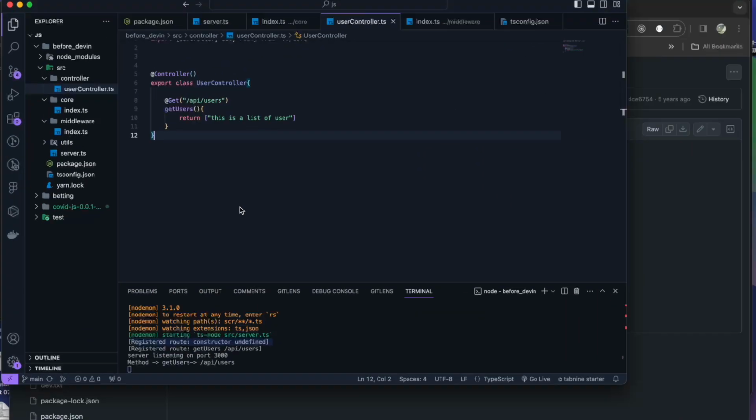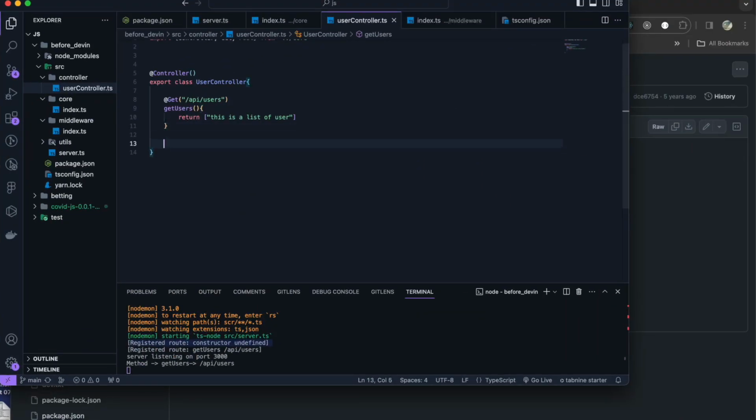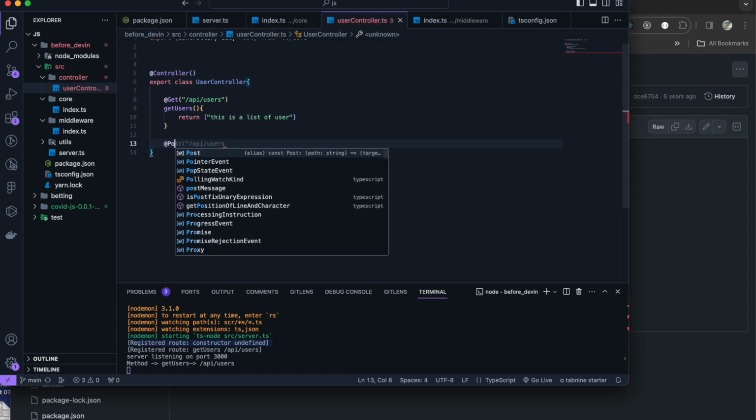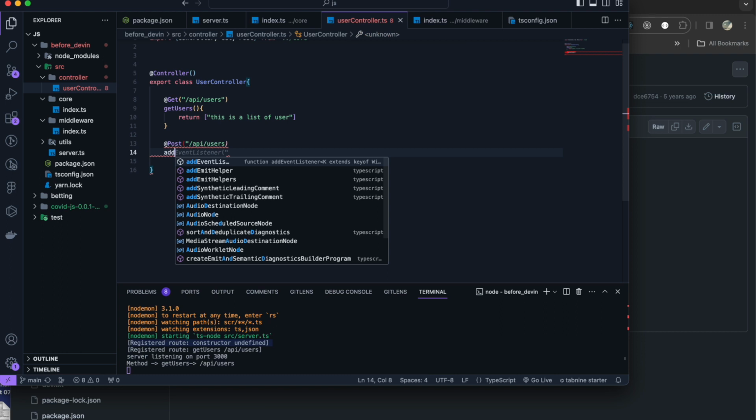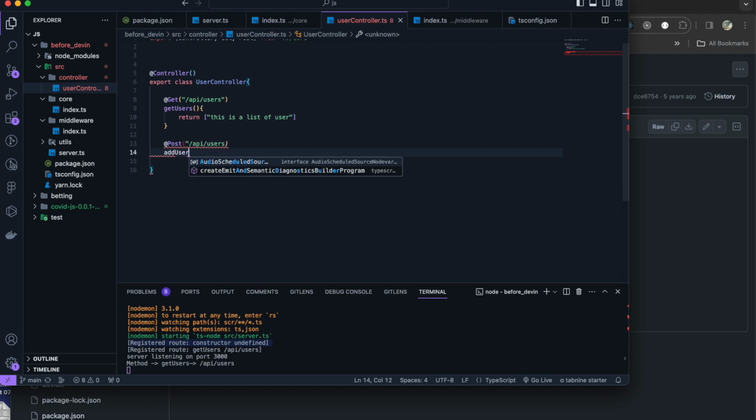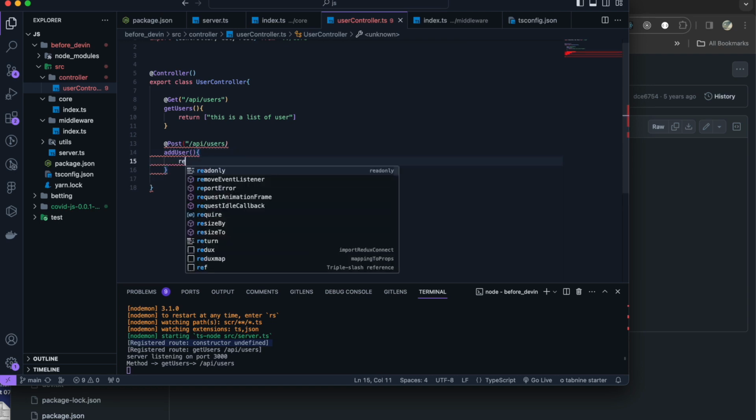So let's proceed. Right now, what I want to achieve is to have a post request to that same endpoint. So that was get users, and this should be add user. So the add, what the hell? What is wrong with you? All right. So for this,